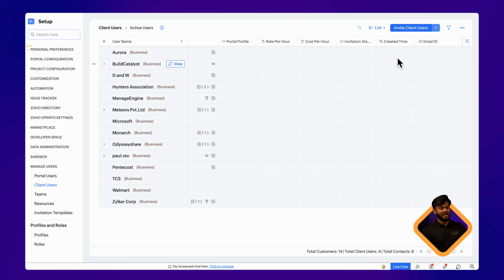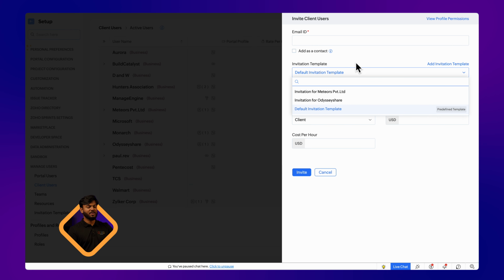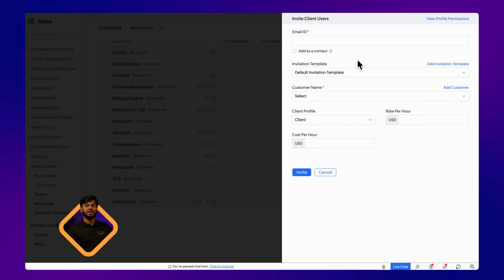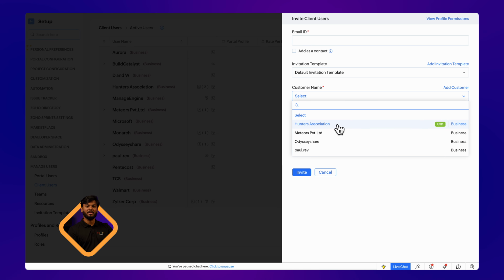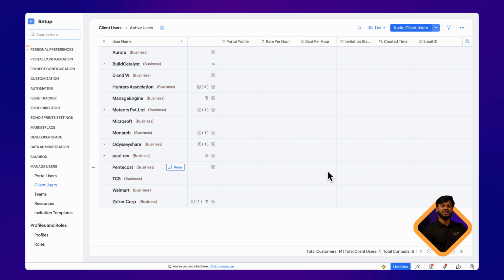You can click on the invite client user button right here, post which you can fill in very simple details starting from the user's email address. Then you can select, similar to a portal user how we saw previously, you can also configure invitation template here also. Then you have customer name. Here you can select under which customer do you want to map the individual client user. Post which you can also select the client profile as I showed you earlier, and you can click on invite. Once you click on invite, an invitation is triggered, the user accepts the invitation, he would be guided into the